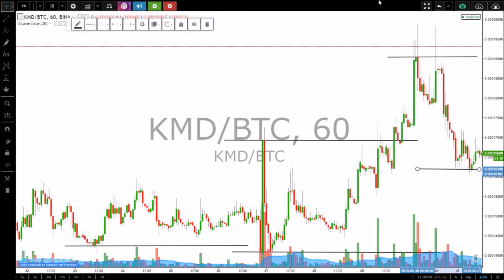What is quite interesting is that against BTC, a lot of coins are down a lot from the peak. It's not about USD prices, it's just about the BTC value. And here you can easily see that we had a support line down here and down here, at 14,000 satoshis and at 14,250 satoshis, and then we had a huge breakout with one candle, and this candle, or these three